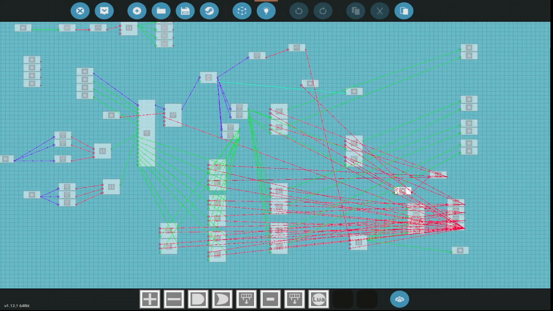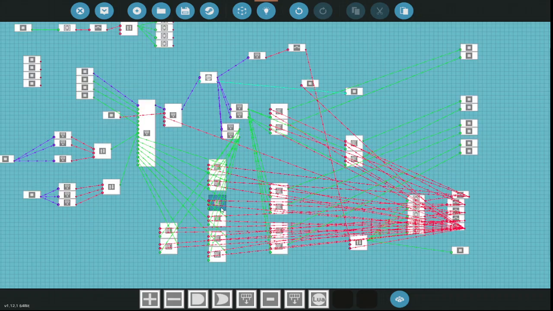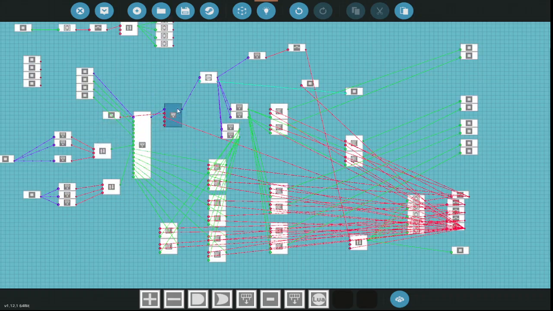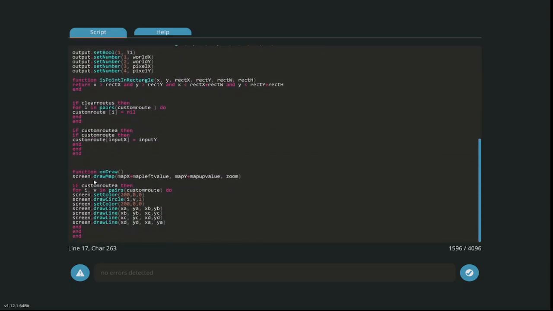I use our on-off switch because this is our controller basically for the whole map, right? It registers the pixel XY and then it brings it back in. We reread those numbers and put them back into the Lua script. Channels 8, 9, 10, 11, 12, 13, 14, 15. This is them here. XA, YA, XB, YB. We need this to draw the lines from X1 to X2, from Y1 to Y2. That's what we need. So then down here at the bottom in the onDraw function, first we have our point,